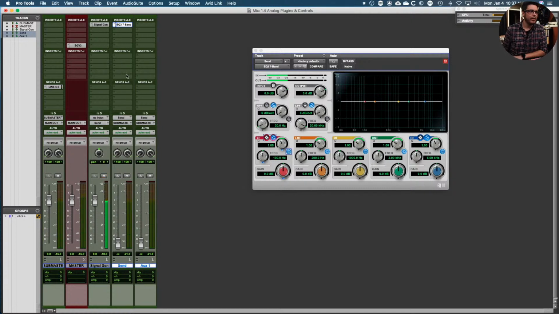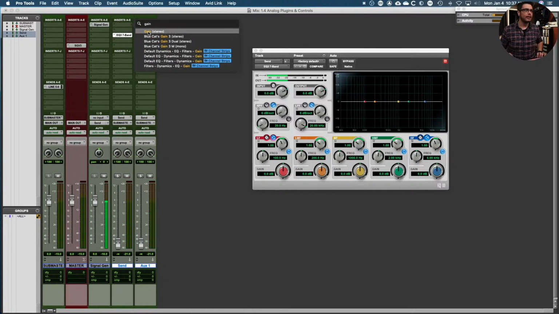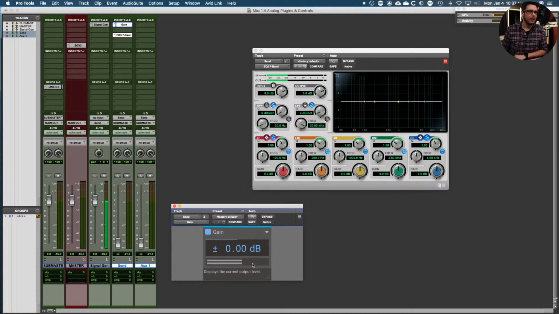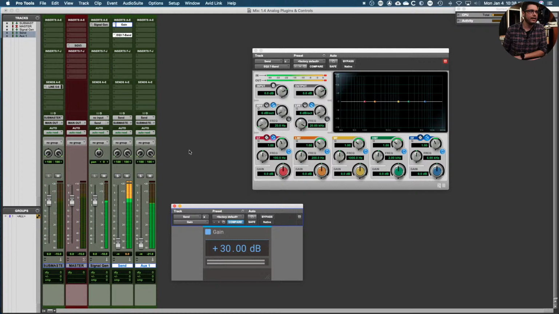Okay, so what I'm going to do is move our EQ down here, open up, and we're just going to go find a gain plugin. I'm going to take this, and we're going to drive it. You can see on the meters that we're driving super hard into this. In fact, if we go up into pre-fader metering and take a look, you can see we're driving it 9 dB over. So if I bring this fader up,